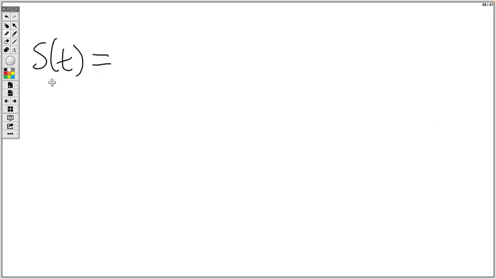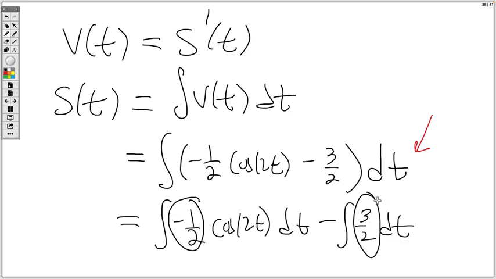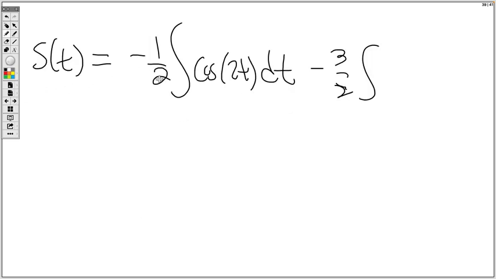Move them out. Minus 1/2 integral cosine 2t dt minus 3/2 integral. And then what's left inside? If I factor out the 3/2, what's left? 1 dt, or just dt. And now I run off to one